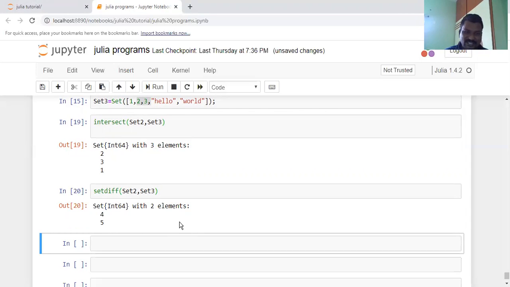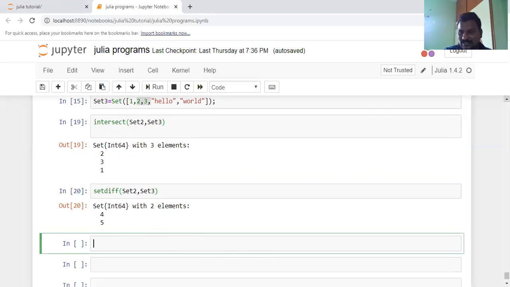Here it consists of a elements, and if you have a common element, remove the common element as well as the b elements. That is the set difference value. That is the difference between sets. In this way you perform the set difference and then remove elements from the set. If you want to remove an element from the set, you will use the delete exclamation mark. That indicates the delete exclamation mark is used to remove an element in a set.